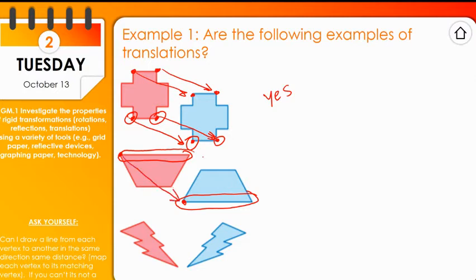It's not simply a slide from one point to the next, because those points map here, this point would map here, this point would map here. All of the points have to move in the same direction, same distance. So no, this is not an example of a translation